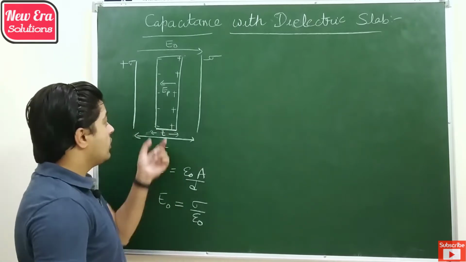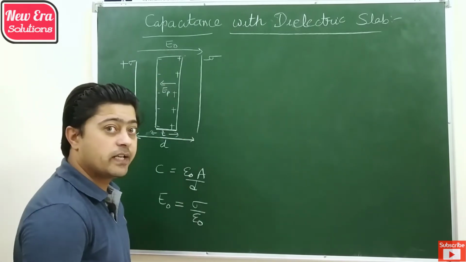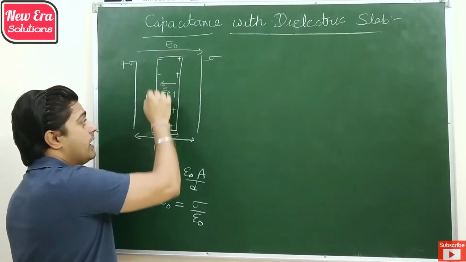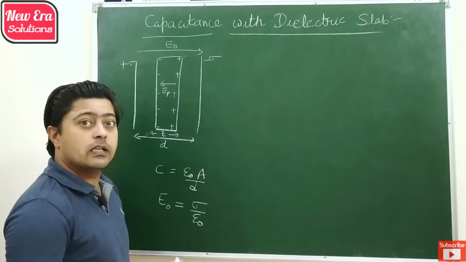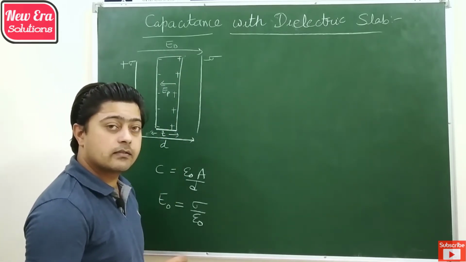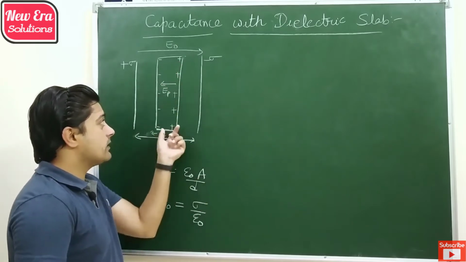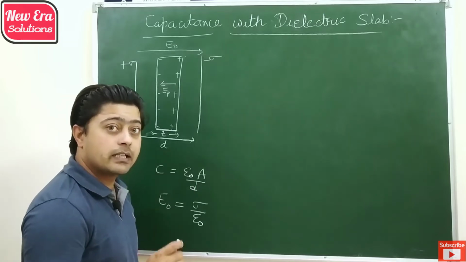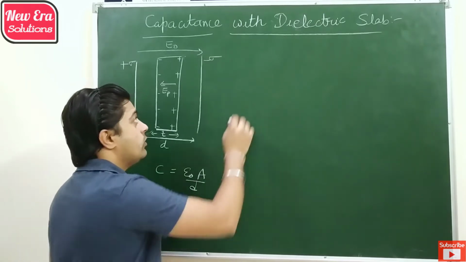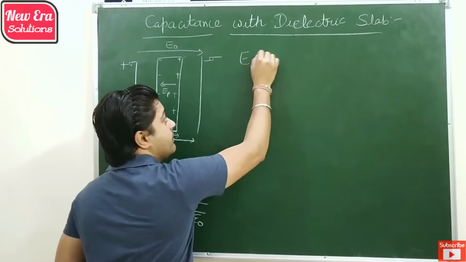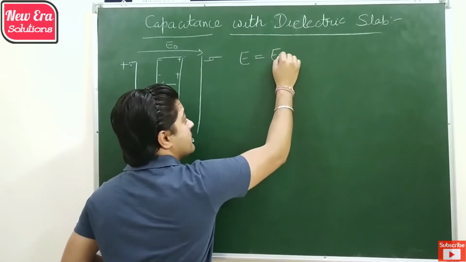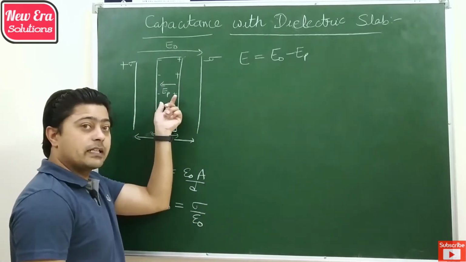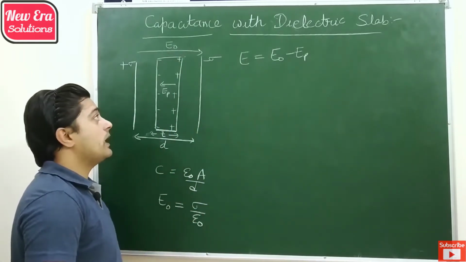So as we know, due to the external electric field, that dielectric is polarized and it acquires negative and positive charge with respect to the applied external electric field. और ये जो अंदर वाला चार्ज है that will build a polarized electric field inside the dielectric slab. So inside the slab the electric field is external minus polarized electric field, because the polarized electric field is just opposite to the applied electric field.